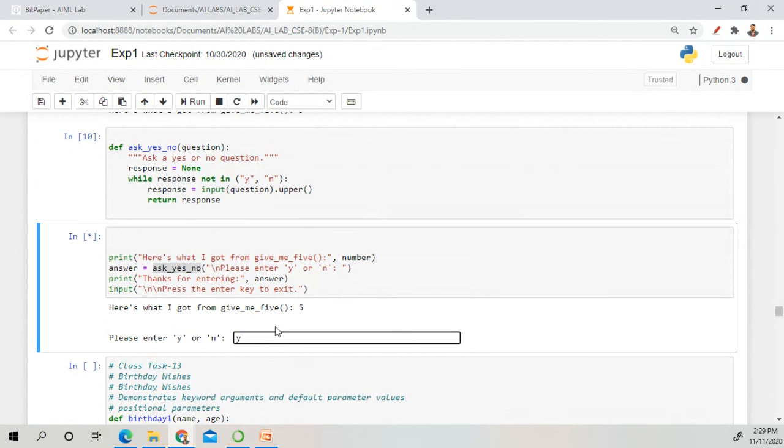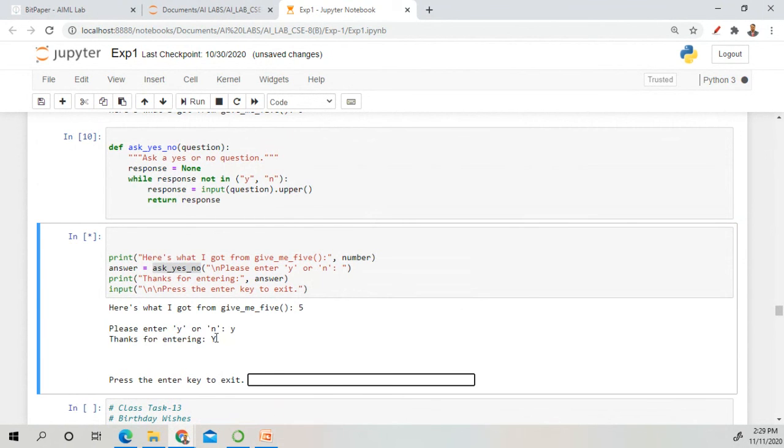Sir, this file is your repo. If you want this file, I will mail you. So give your mail ID, or I can directly upload this file to the repo. Okay, so it will print bye. And any doubt till now, have you understood this function?